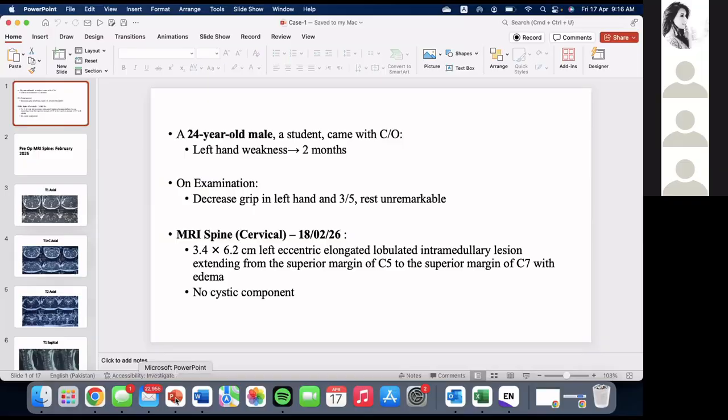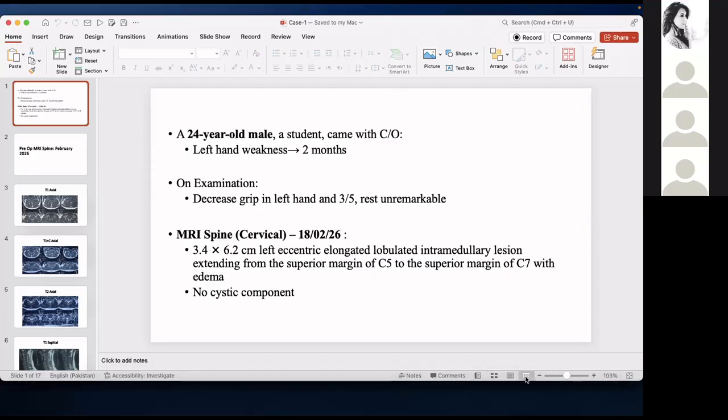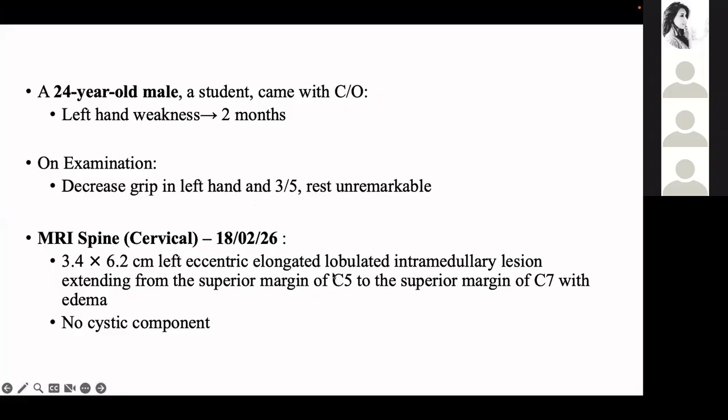So we'll be discussing our first case today. He's a 24-year-old male patient, a student, who presented with a complaint of left hand weakness for 2 months. On examination, there was decreased grip in the left hand and powers were 3/5. The rest were unremarkable. Subsequent MRI cervical spine was done on 18th of Feb 2026, which showed a 3.4 into 6.2